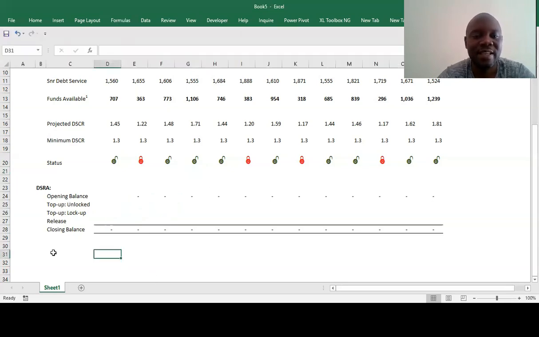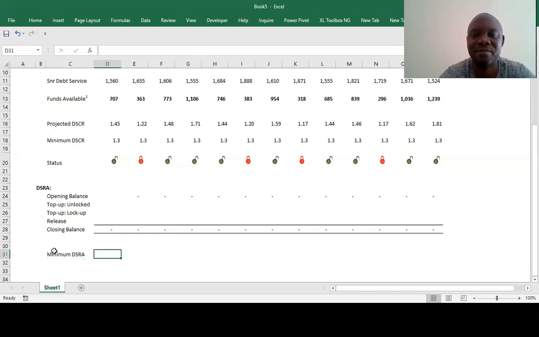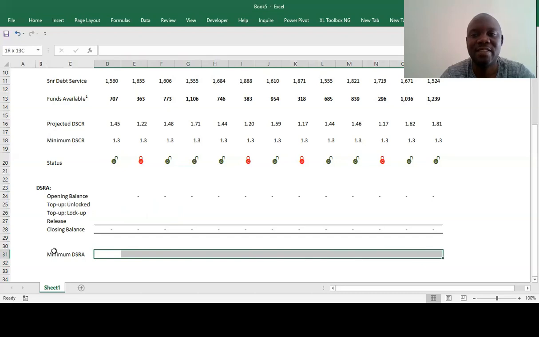Okay. Then we can show minimum. Minimum debt service reserve account. What should be the minimum in here? So we have agreed that the minimum is going to be about maybe 50% or 40% of the debt service. I can say the debt service around 1.5, so we can say maybe 500.